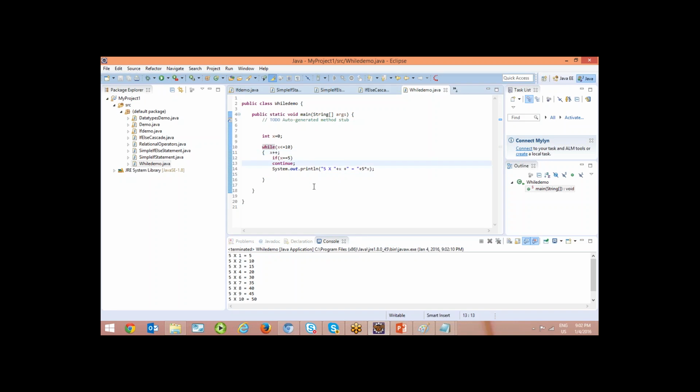If I give break over here, observe it is just stopped at 4. If I give continue over here, it just skips the current loop and it continues the remaining times. That is the effect of continue. Continue means it will skip this part of your program for the current loop and continue the remaining loops as it is. Break means as soon as it is encountered, it just comes out of the loop.